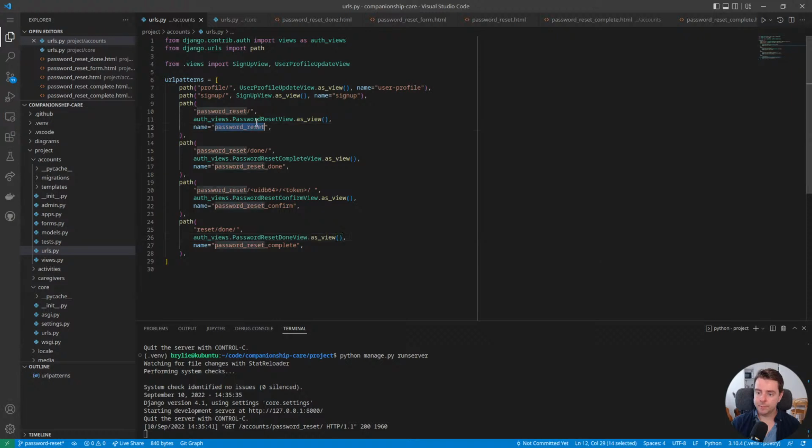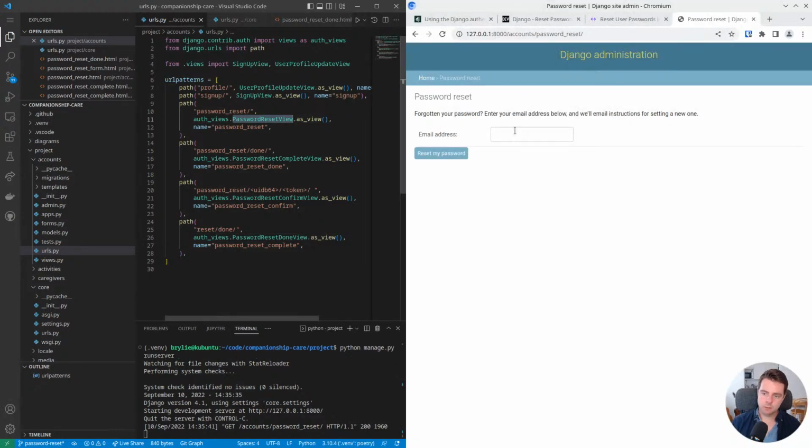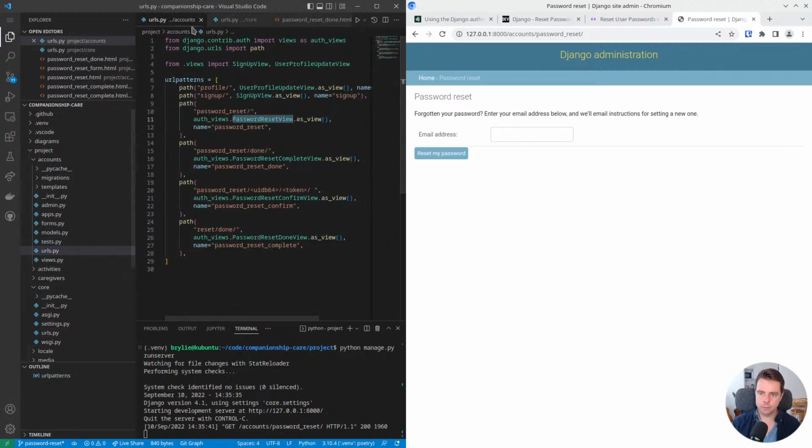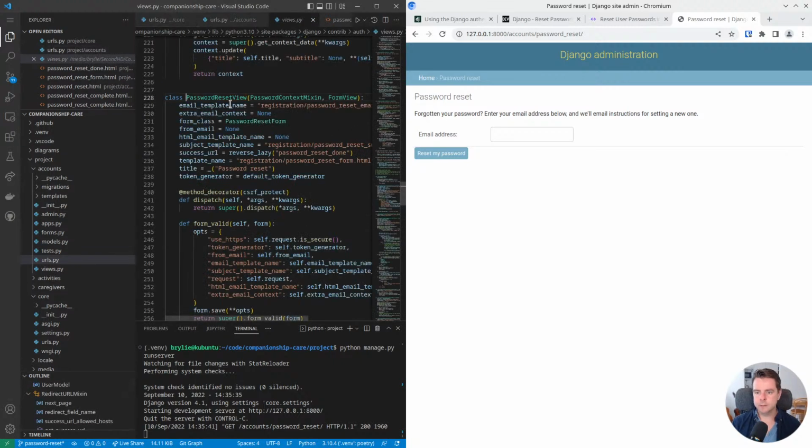All right, so we got password reset view, accounts password reset. So this is all mine. Again, if I say anything in their accounts, it's going to run my accounts URLs. So accounts URLs right here. Boom. So I'll just go there, one step to the right. Then you hit password reset. Bing. Right here. Password reset is using the password reset view. If I inspect that, the default